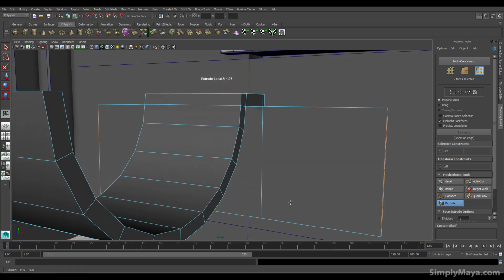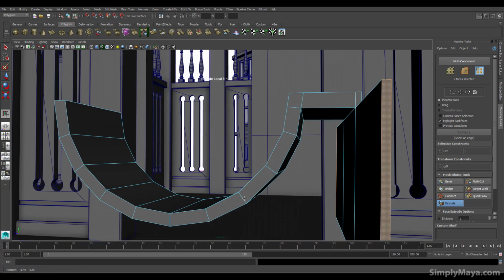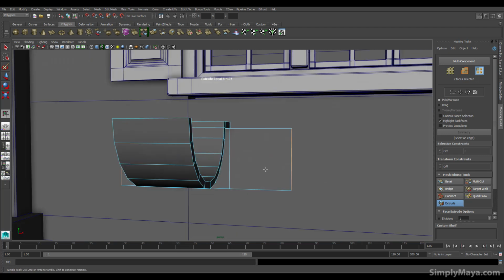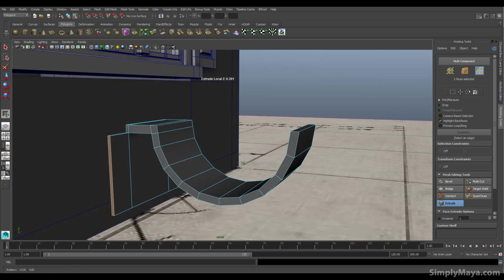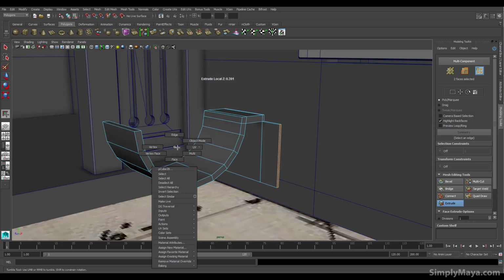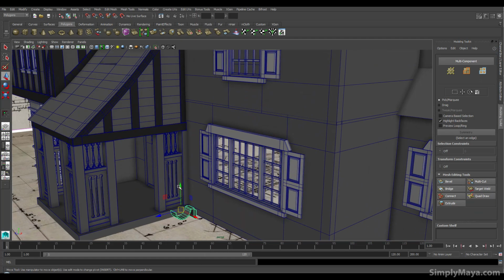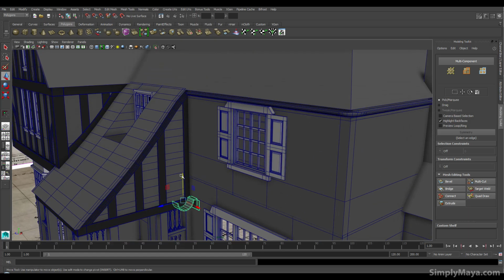Okay, so that would be my kind of hanging bracket. I'm not sure if that's the way they actually fasten guttering, but that will do for me. So this would screw into the wall, and then this would hold the guttering. So let's object mode that. Okay, and let's get it up into place